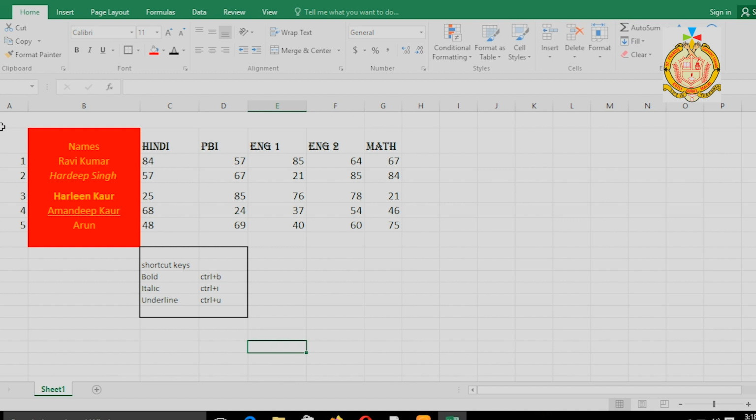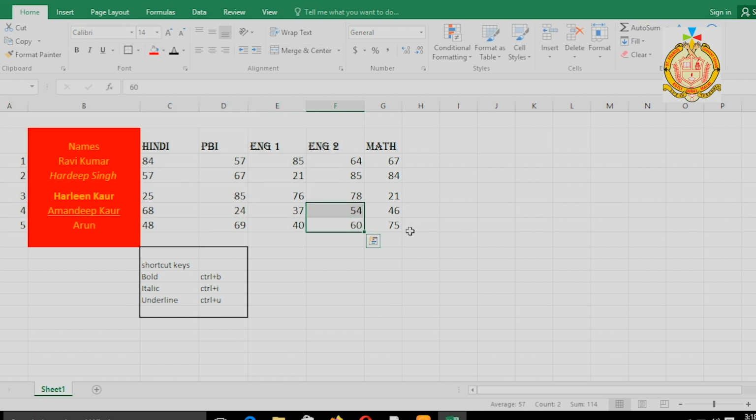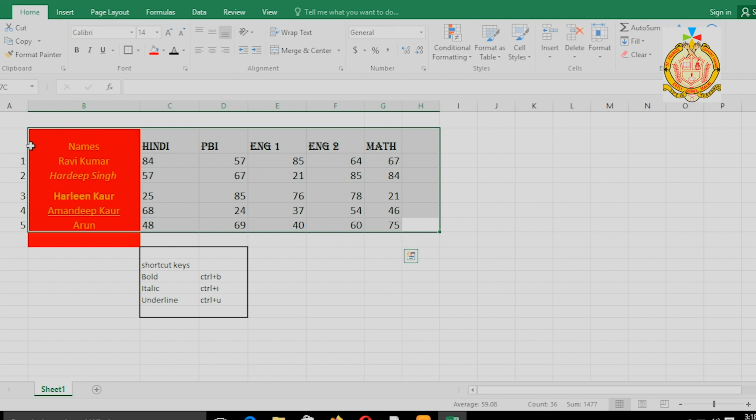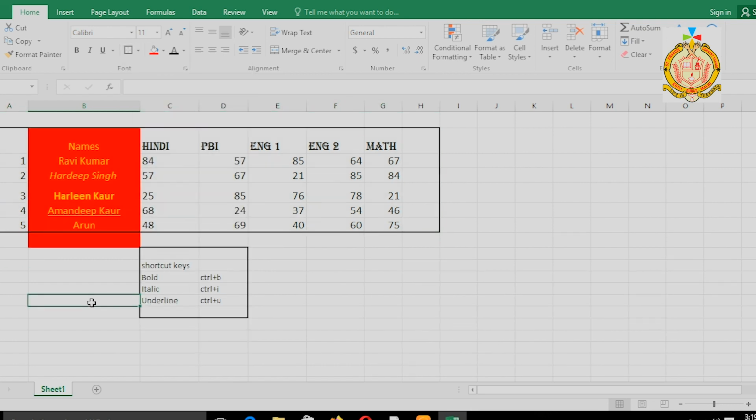Same like this, you can put the same border in your worksheet around the data and anywhere you want. Suppose you want to put it here, you have to select the portion where you want to keep the border, then after selecting I have to click on thick. You can see the border is there.